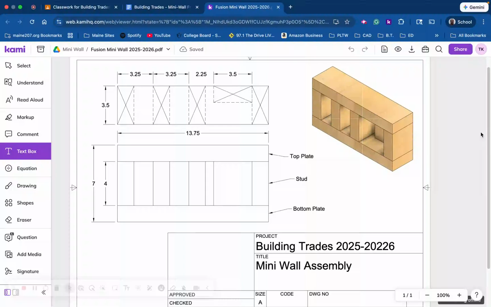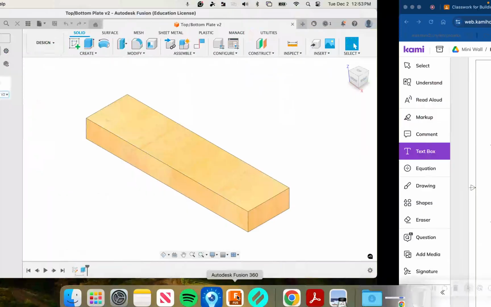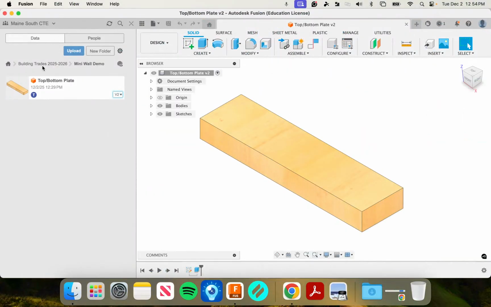Alright Hawks, welcome back. In today's video we're going to be talking about how to model the stud. Previously we've modeled the bottom plate slash top plate. So today we're focused on the stud, and the stud appears to be about 4 inches by 3.5 by 1.5. Okay, so let's make our way over to Fusion, and hopefully you've already watched the first video and you've